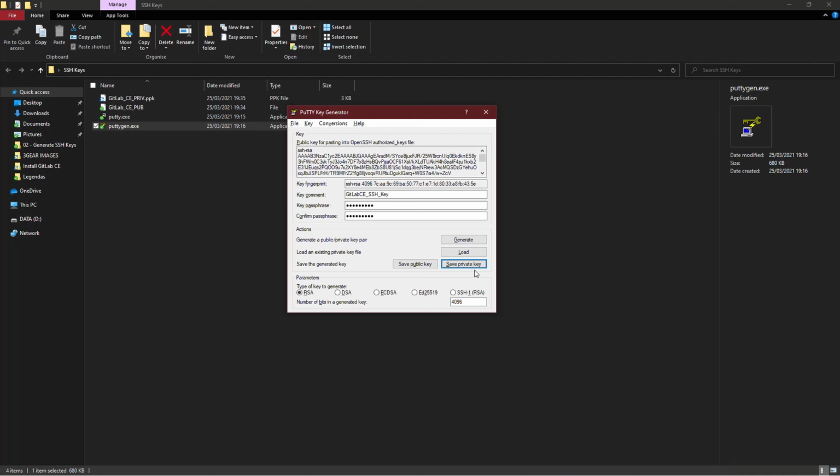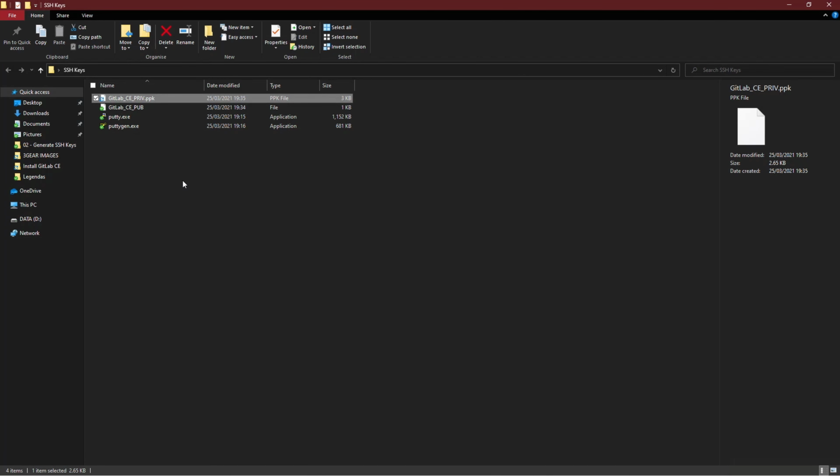Pay attention to this private key. You should not lose it. Okay, if you lose this key, it's over. You need to create another, change it, and you will lose access. So save it and don't lose it.